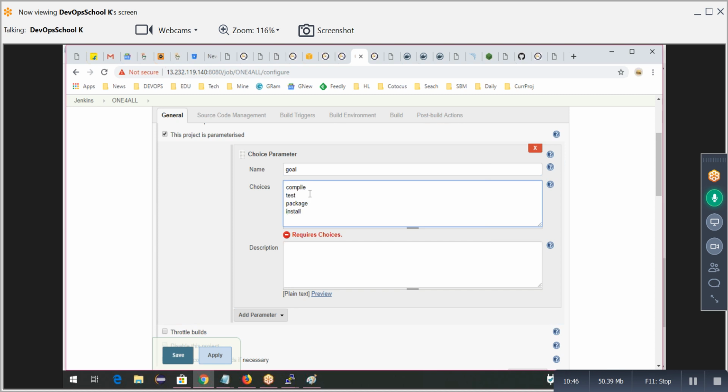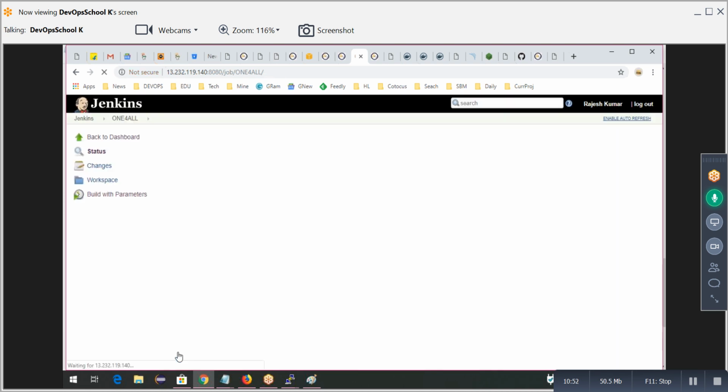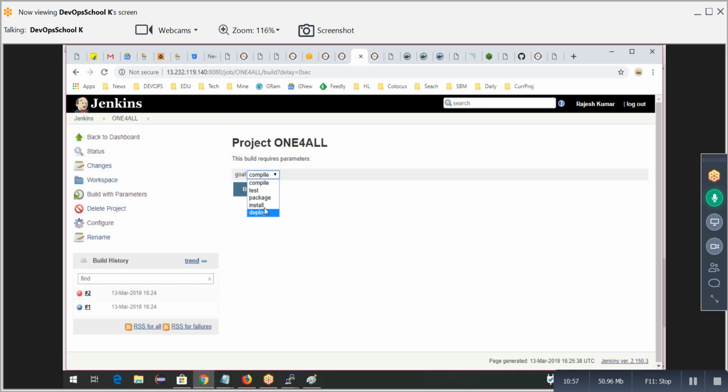What else you have option? Deploy, verify, all these things. So you give these options. Now the user will get only defined options, so there is no point of failures. So this is the way you can use the